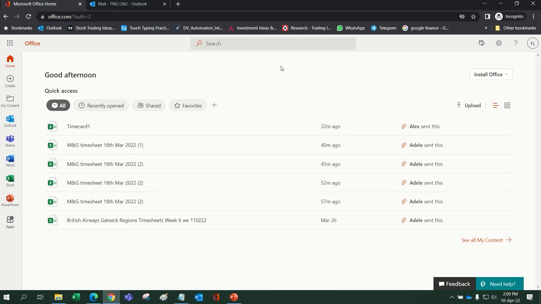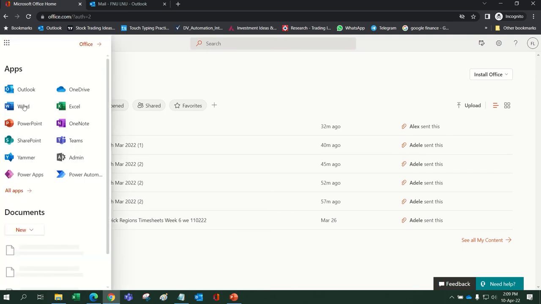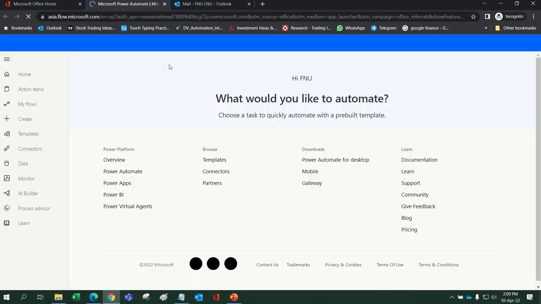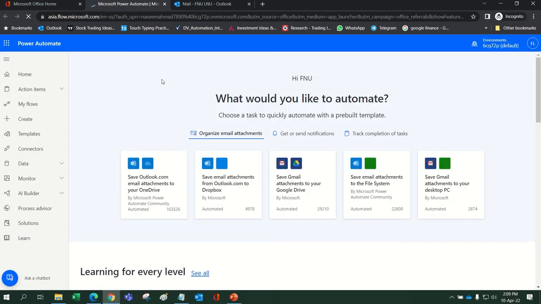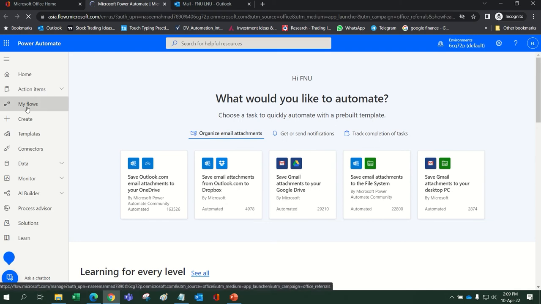To do so, the very first thing we need to do is log in to Power Platform, click on these 9 dots, and click on the Power Automate icon here. A new window will open for you. Under this, to create a new flow, we have to click on My Flows,